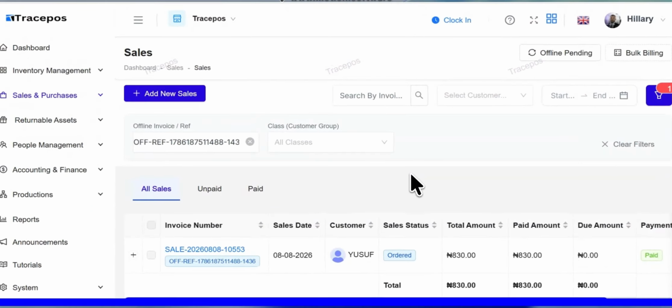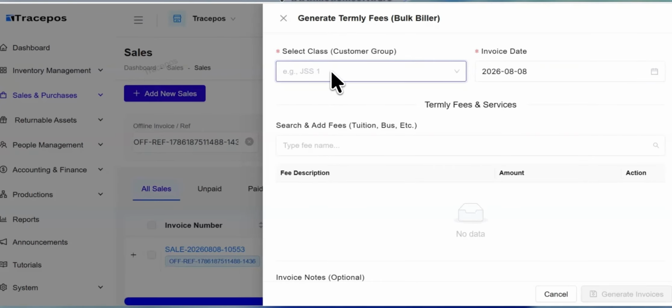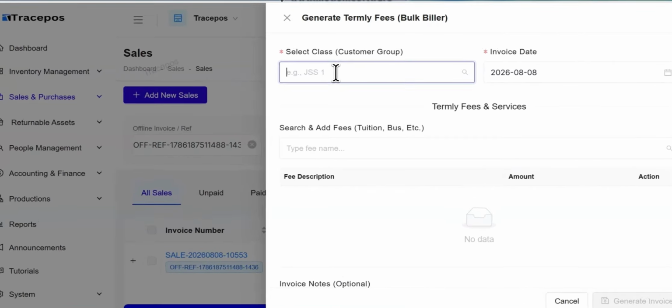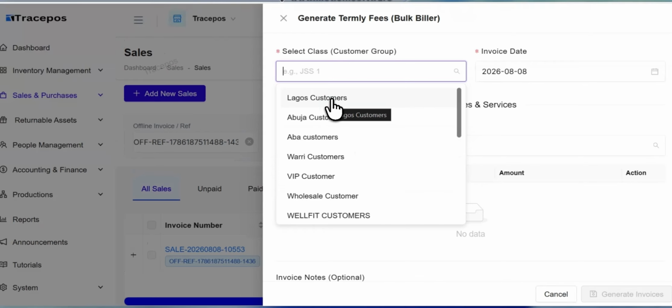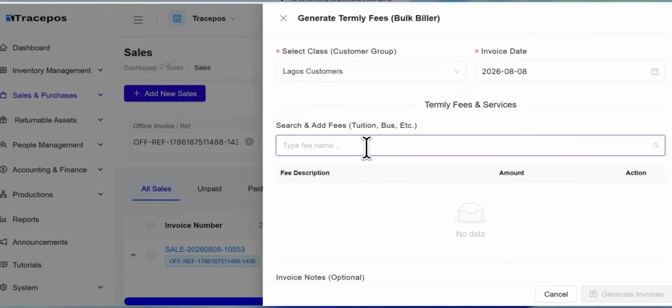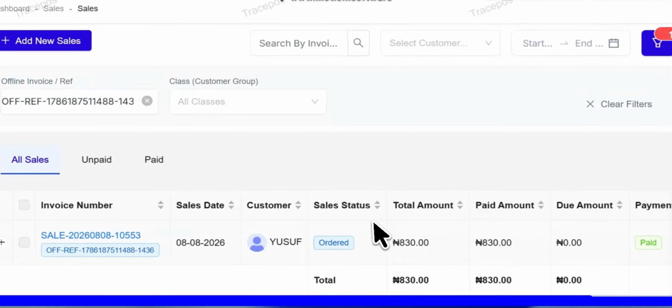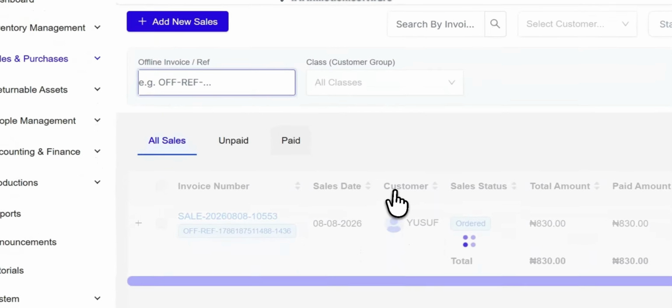You can also look at bulk billing. This bulk billing is majorly used by schools, where you can create bulk bills for classes, as in students of the same class. It is simple, but we are not going to cover that feature in this particular episode, so we'll not waste so much time on that. But that is what is visible in the new updates